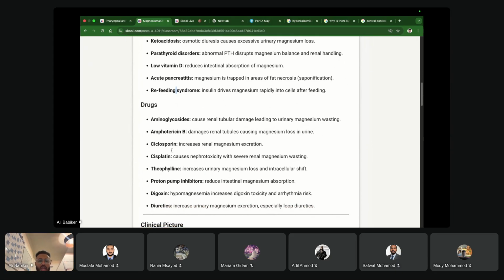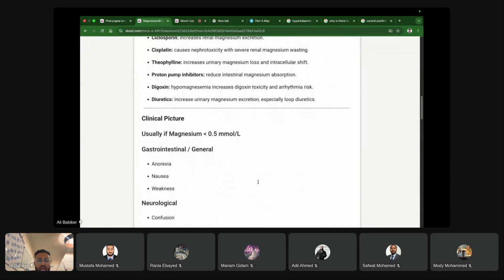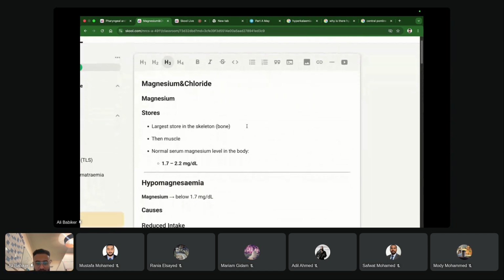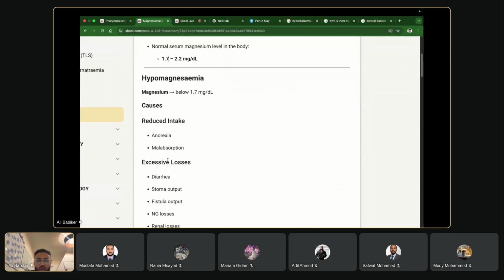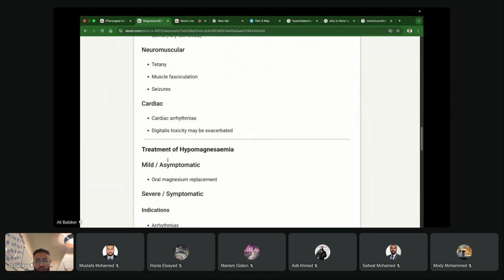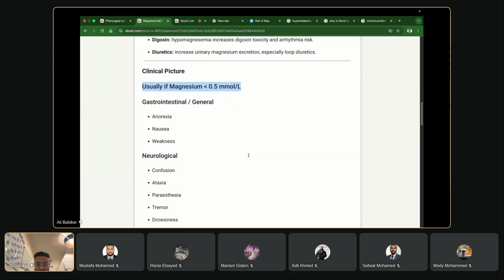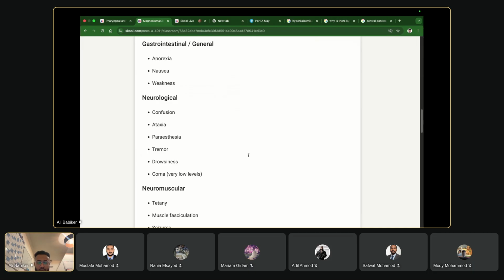All right. Here you have drugs and the mechanism of them causing hypomagnesemia. Clinical picture: usually, it will not develop unless the magnesium is less than 0.5 millimole per liter, as you can see here. So if you have a magnesium of 1.6, that's hypomagnesemia, however it will not be symptomatic. The symptoms usually appear around this number. And what are the symptoms? Gastrointestinal: anorexia, nausea, and weakness, confusion, ataxia, paresthesia, tremor, drowsiness, and coma,